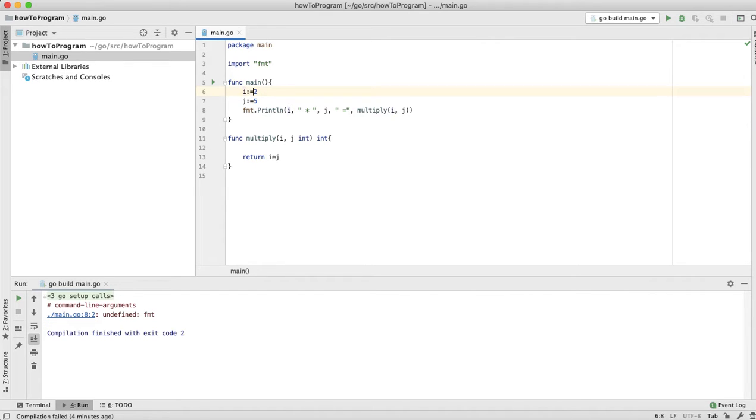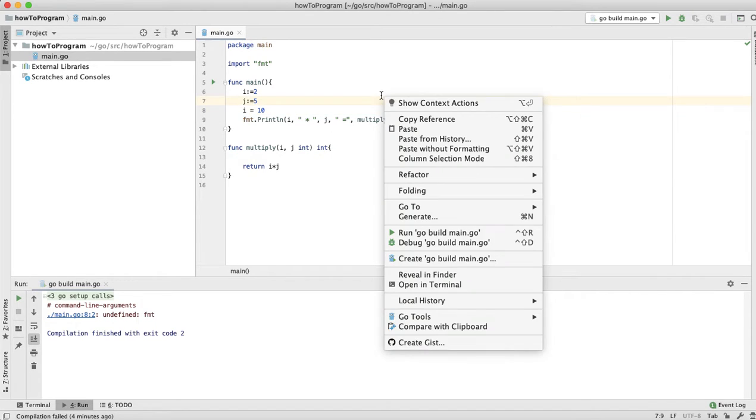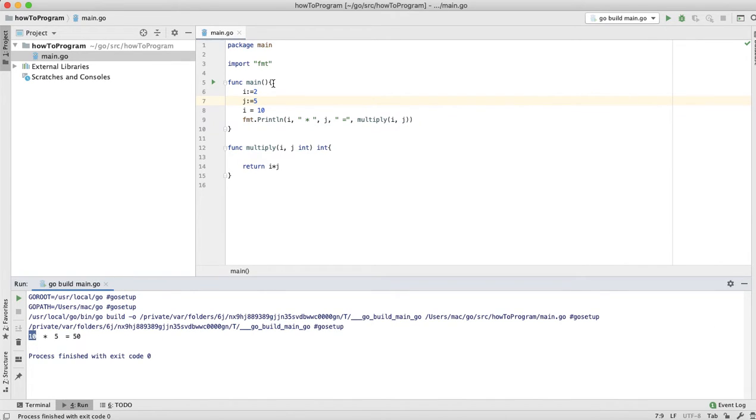Why is it variable? Because its value can be changed anytime. For example, let's say it's 10. What is this? Change it. Then I multiply j. What will it be? 50. Because i is 10, not 2 anymore. So when we change it, the previous value is removed and the new value is stored. So this is a variable in its simple